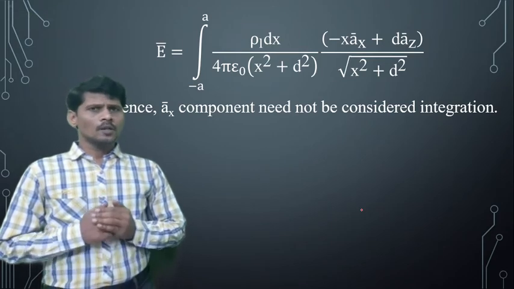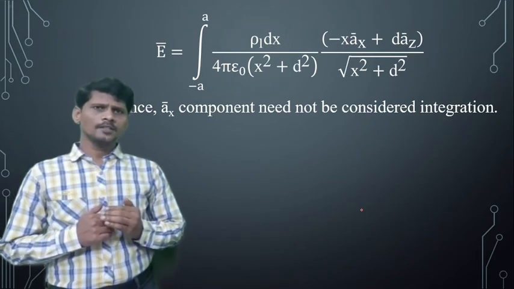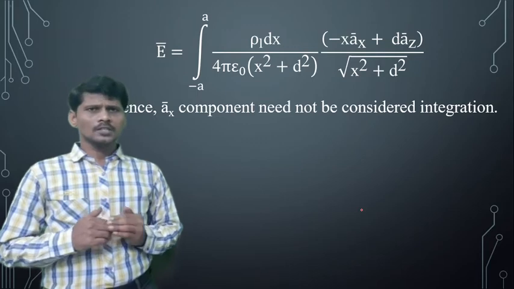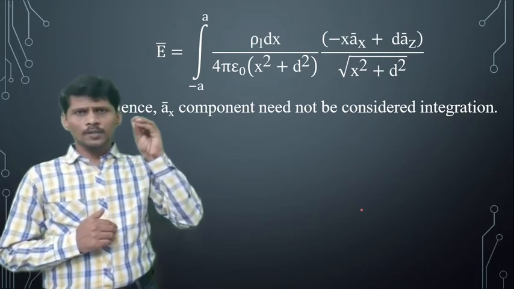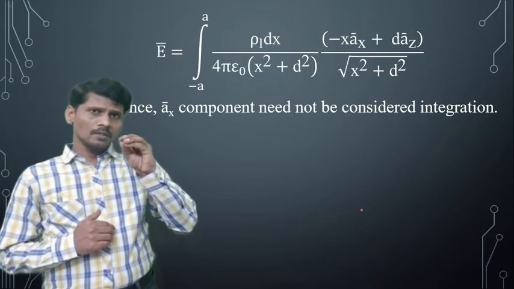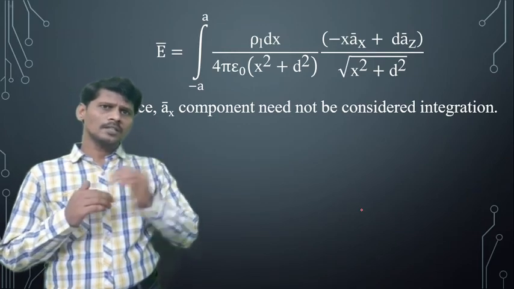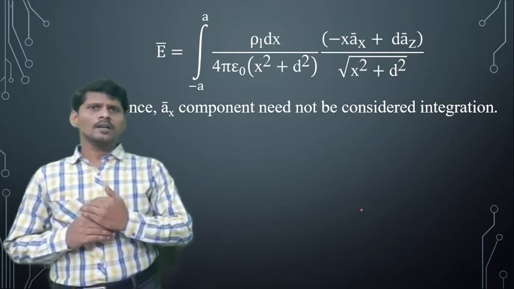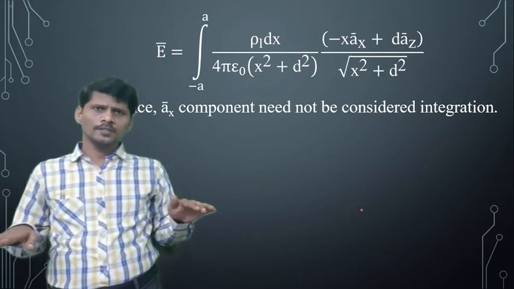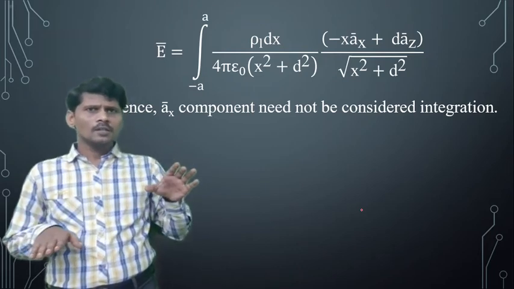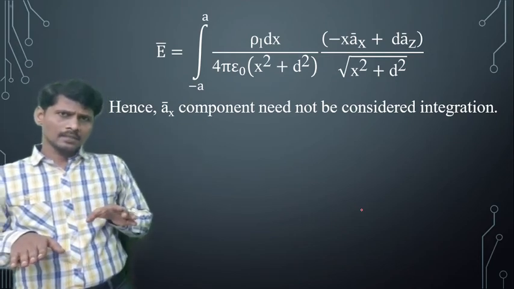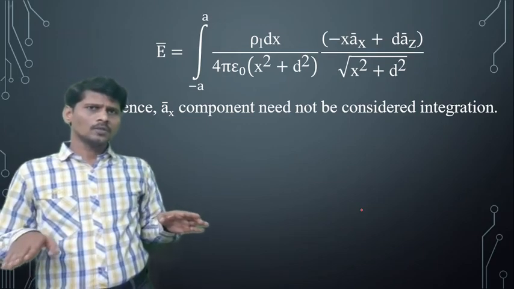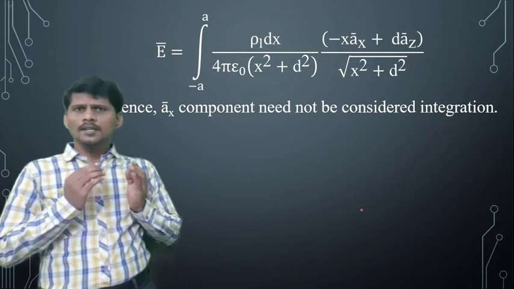Once again, in this example, the finite line charge is placed on the x-axis. The electric field intensity is calculated on the z-axis at that point P. In different directions, electric field intensities will be created. At that point P, some of the field components are parallel to the x-axis. Along the x-axis direction, there is no electric field intensity, because the line charge is placed on the x-axis. So consider only the electric field intensity in the z bar direction.